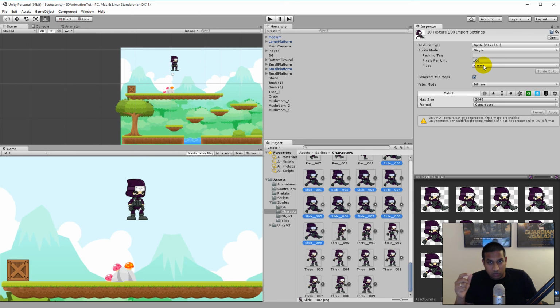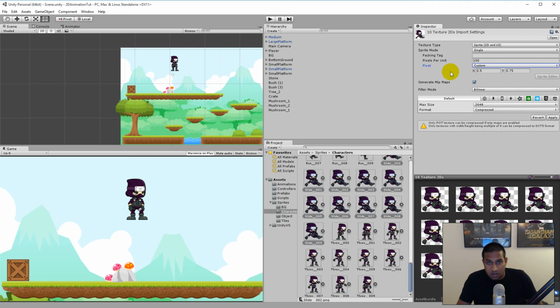So what we'll have to do is to move the pivot point a little up, so that he gets closer to the ground when he's starting to slide. So instead of having center selected here, we'll have to click on it and select custom. And when you pick custom, you'll see that you will be able to switch the X and the Y here on the